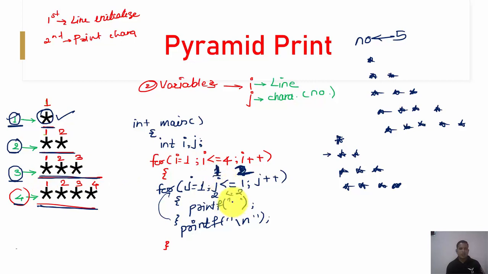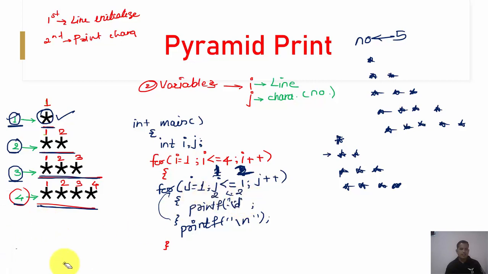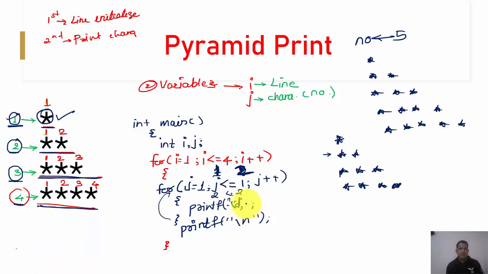So simple, if I am going to print here %d comma j, so directly I will get the output, right? So let us cross check this.